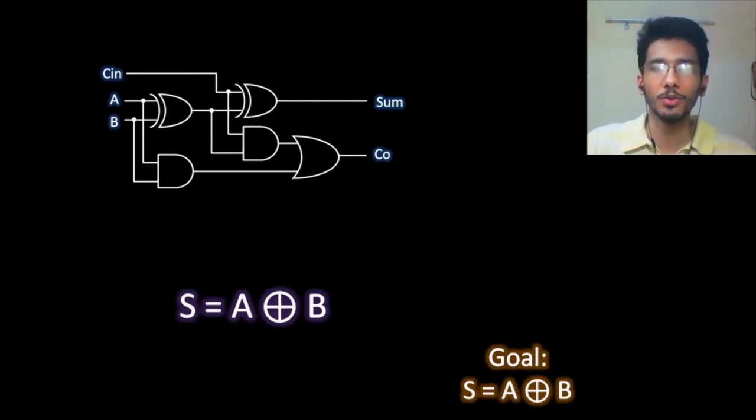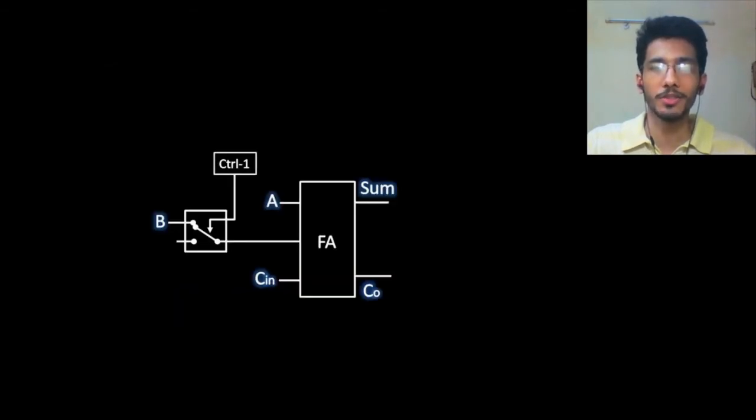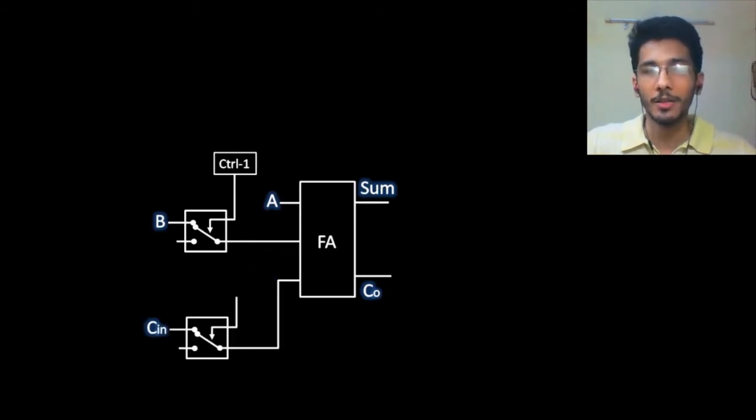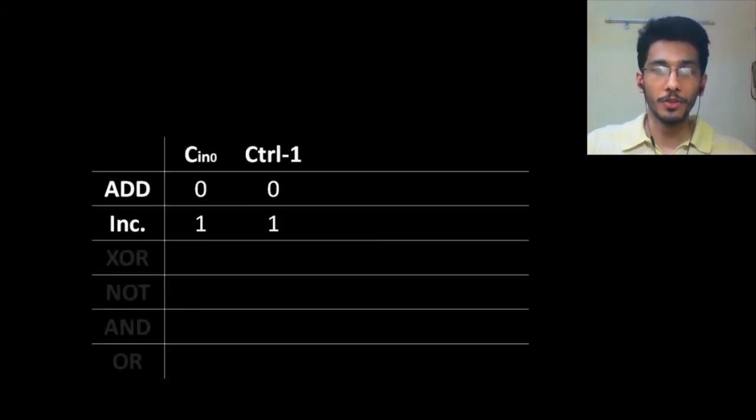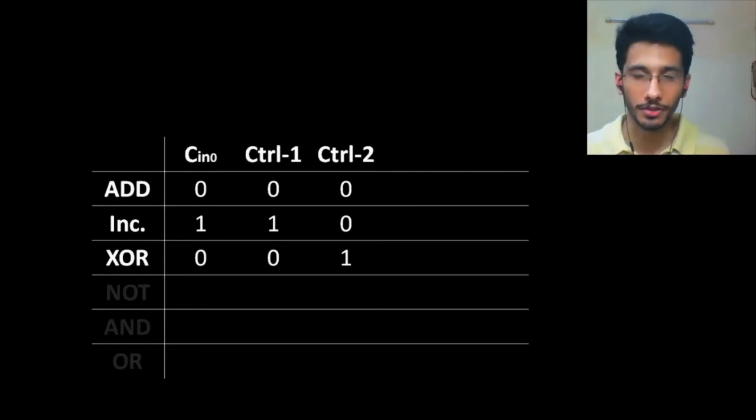Now the question is, how do you set carry in to 0? To do that, we follow the same process as the B input. So we add an extra relay in front of the carry in. We call the coil control line 2. And now if I activate control line 2, carry in becomes 0. Now let's update this in our control word table. So for the XOR operation, we have an extra control line 2 and we need to activate that. Now since add and increment operation we've already figured out, we just fill the table with zeros.